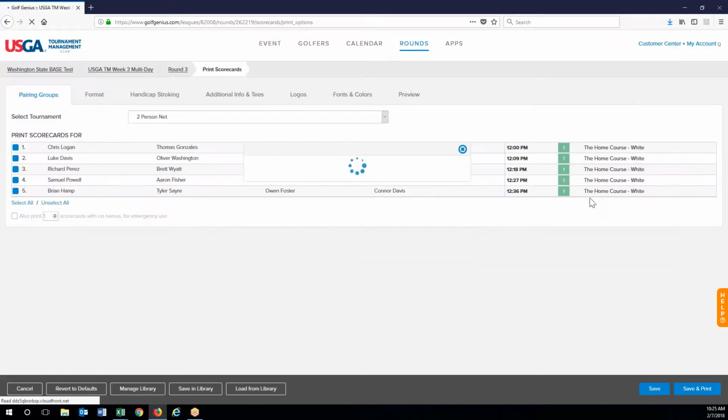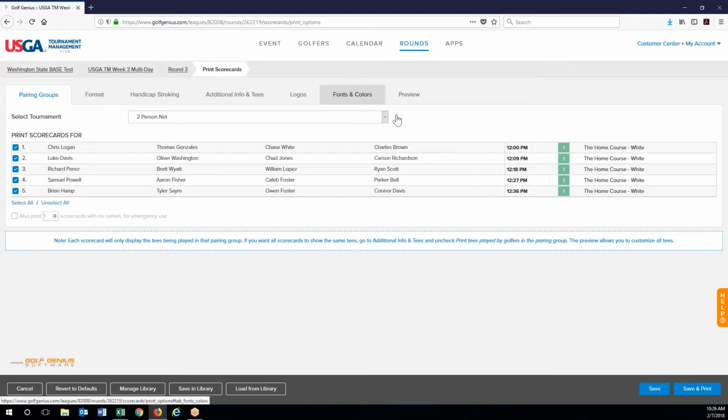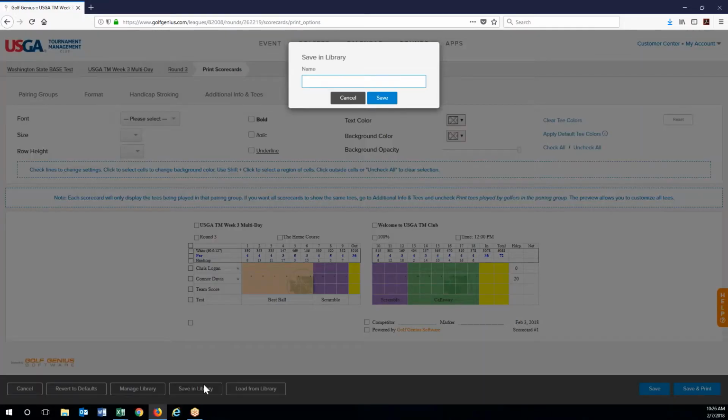Kevin, go ahead. Yeah, I would briefly mention the library for people who want to make fancy scorecards and come back to them. Absolutely. Thanks for reminding me. So what Kevin is talking about here is, we spent this time on the scorecard with the coloring and some text changing. So what we can do is actually save this in a library, and we can call it a scorecard. Save it,